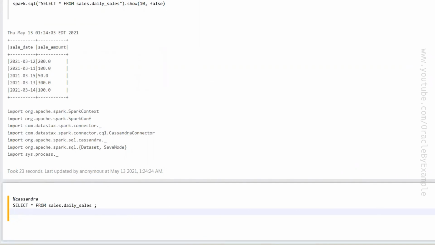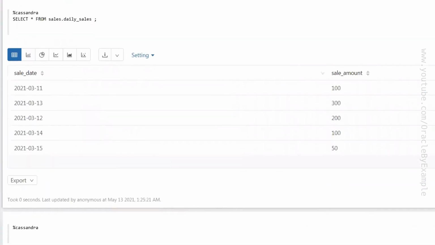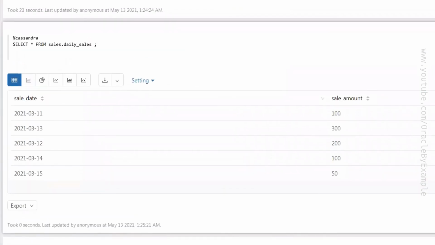Let me show you one more cool feature of Apache Zeppelin. As you can see here, I have executed a very simple select command on my Cassandra cluster. Results are displayed in a simple table format.